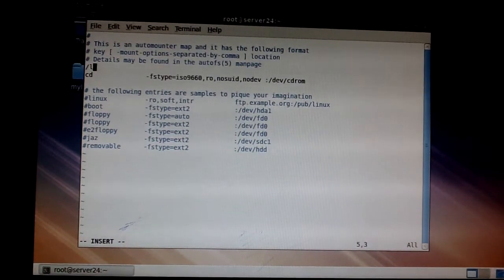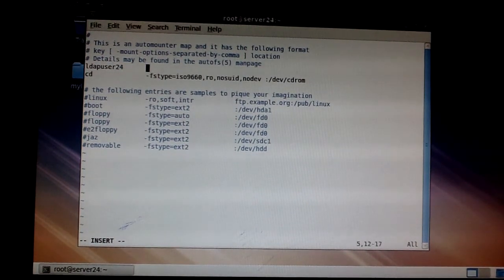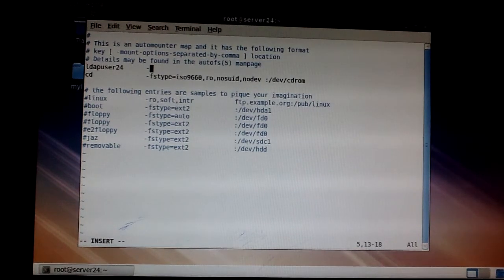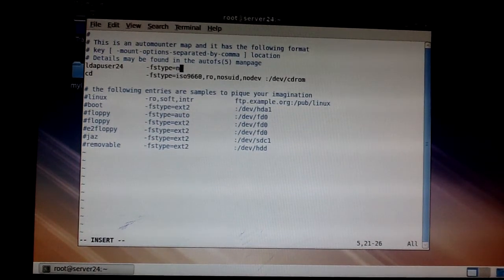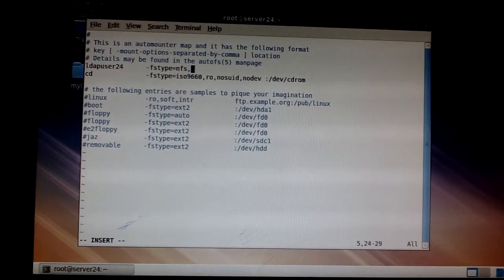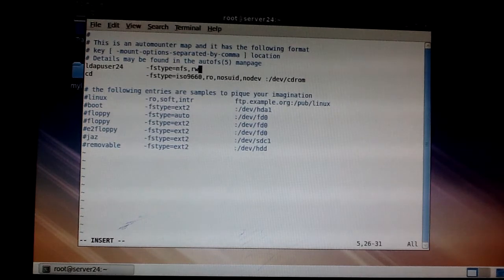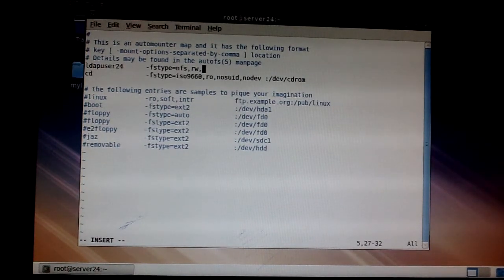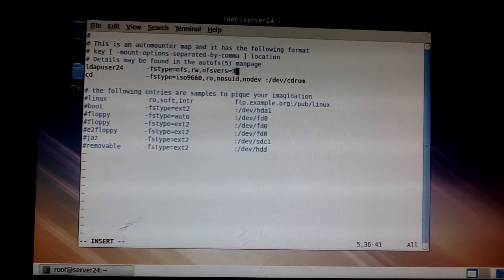ldap user 24, tab. The fs type just basically means file system type. Fs type is NFS, comma, we have a read and write option, comma, we also want to state the NFS version. So this is NFS equal to, which is version 3,